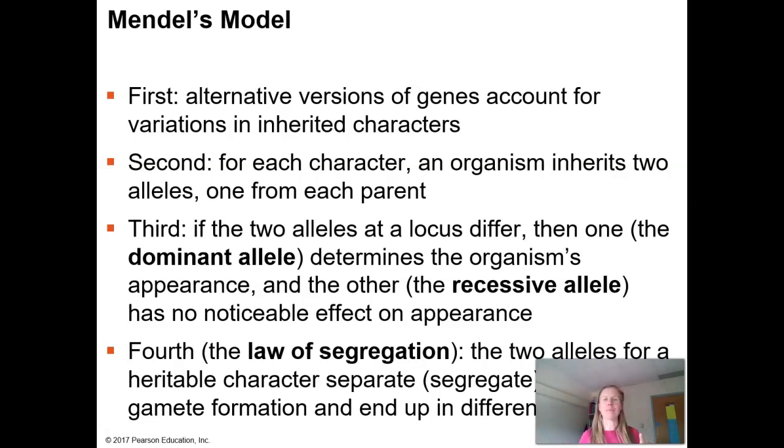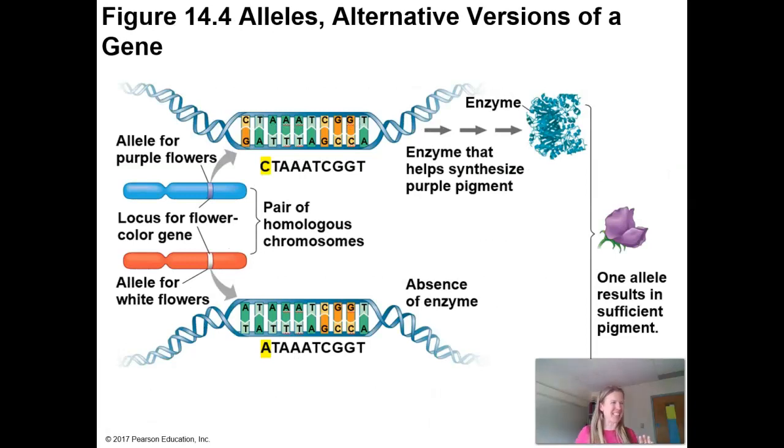So if a picture helps, this is where we're talking about alternative versions of a gene. What we're showing you here is the chromosome you inherited from dad and the chromosome from mom. Notice they're referred to as homologous chromosomes. The locus, plural loci, is a location along the chromosome where an actual gene is located. They're in the same position, but notice the gene at this locus differs. From dad, we inherited purple. From mom, we inherited white.